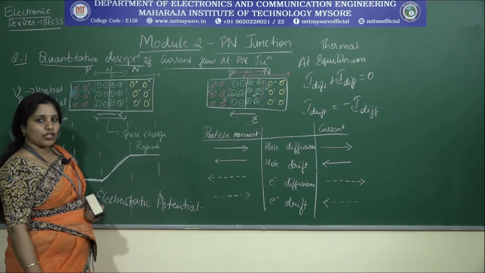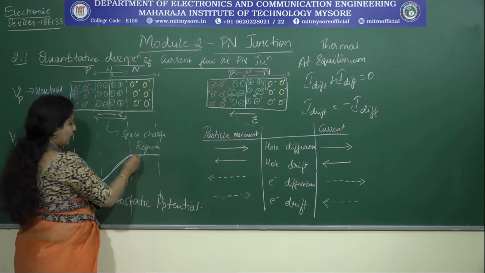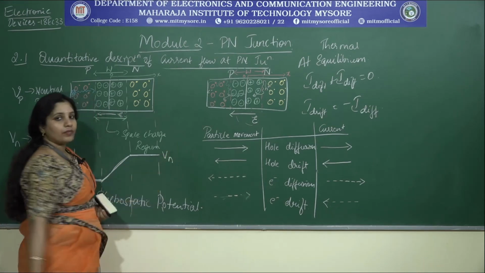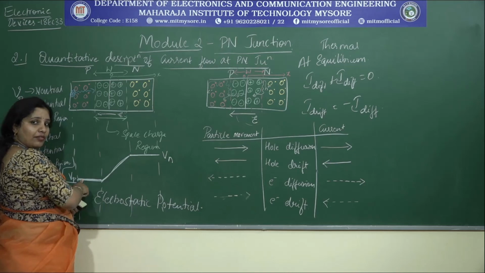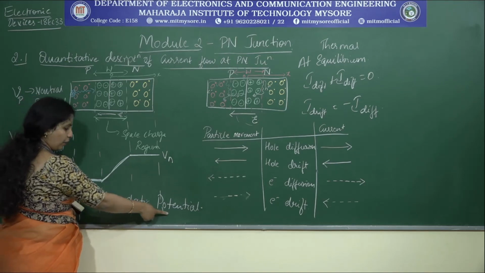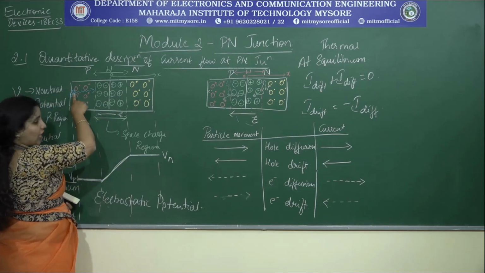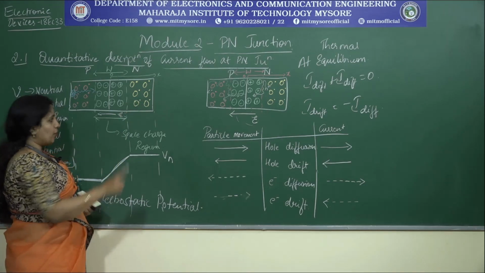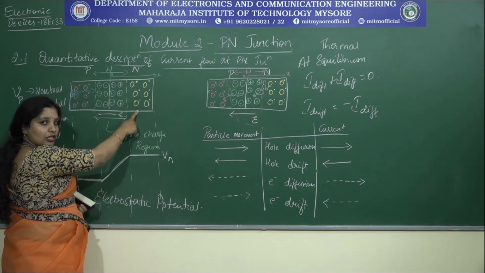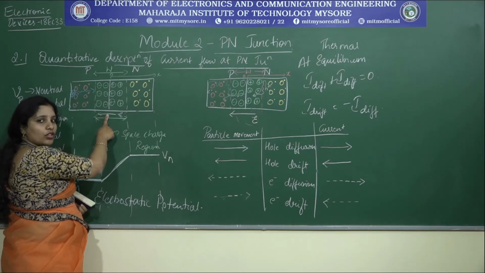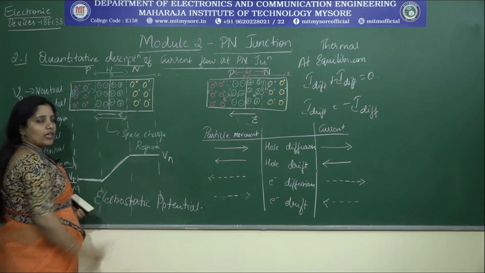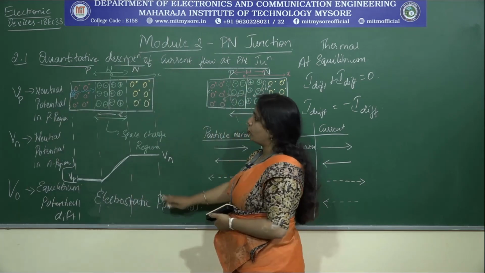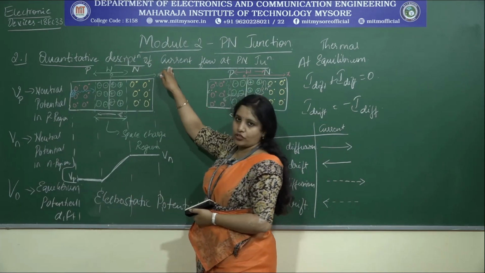The same amount of kinetic and potential energy is seen when it is moving in this region, and therefore let me represent this energy as Vn. And this particular graph indicates the electrostatic potential experienced by a 1 Coulomb charge when it is trying to move from p-type to n-type. The two key points that you have to remember: in these regions the potential is neutral, whereas in this region, when it comes under the influence of the electric field, the potential energy increases whereas the kinetic energy gets reduced. And these are all the factors that you need to know before going into the first topic.